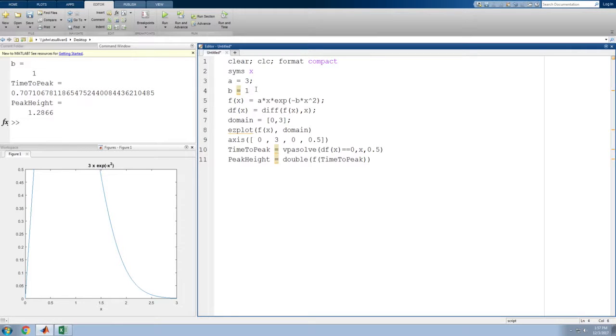And what I want to determine is how changes in B affect the time to the peak and the value of the peak. Okay, so if I run this function with B equals 1, I can take a derivative, make a plot, look at it, and I can see that my peak is somewhere up here, and the time to get to that peak, or the x value to get to that peak,